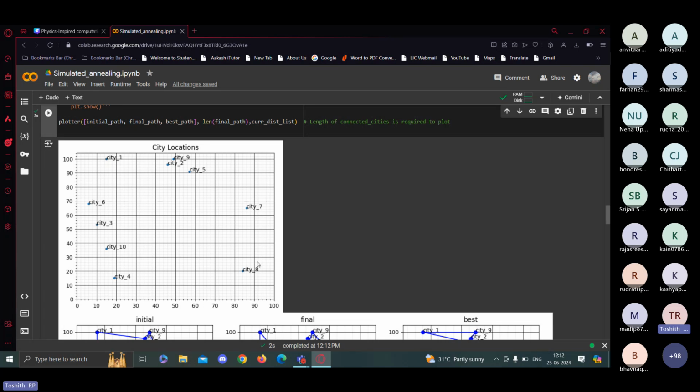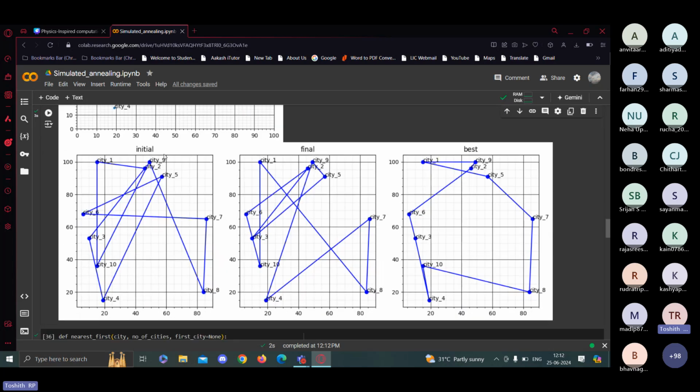These are the locations of the cities which are randomly generated. Now, this is our initial touring path which the salesman has initially decided. City one is connected to city two, to city three, and so on.